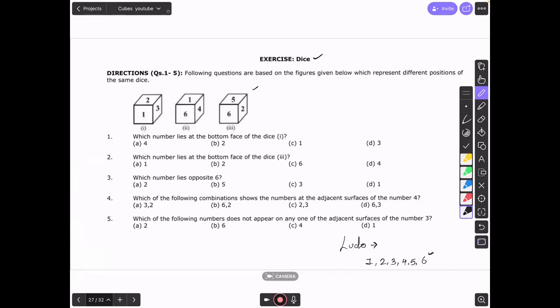Now the question that is given here is, this is one die only. These are 3 different pictures of one dice. एक ही dice है, but उसकी 3 different pictures are given here. What you have to think here is, 3 numbers are given. Tell me the other 3 numbers. So tell me 1 के opposite क्या होगा? Tell me 3 के opposite क्या होगा? 2 के opposite क्या होगा? Okay, by looking at these images. So take your time, take 2 to 3 minutes, keep thinking, then I'll tell you the method.